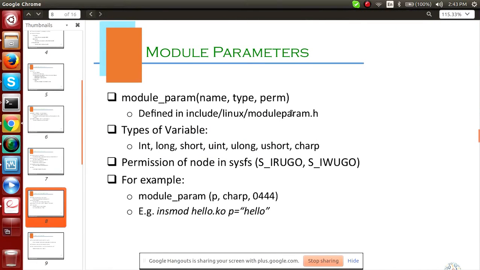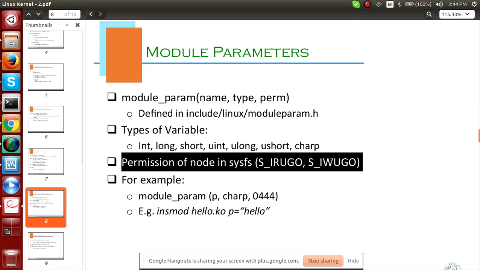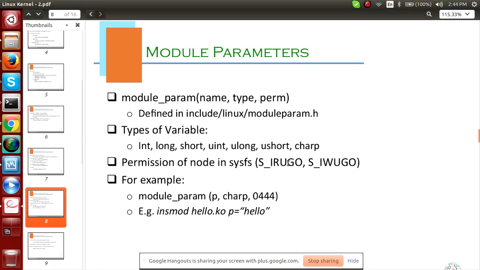This means the owner can read and write. W stands for write, IRUGO, IWUGO. So user can read and write, then you can see group and others. Who can read and who can write, you can define by hard coding it here.